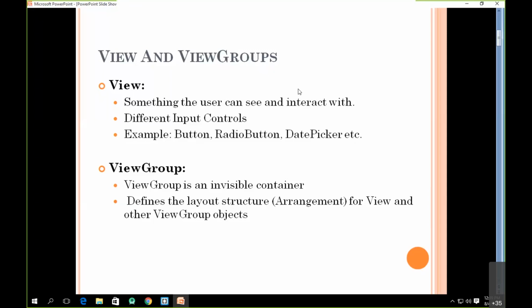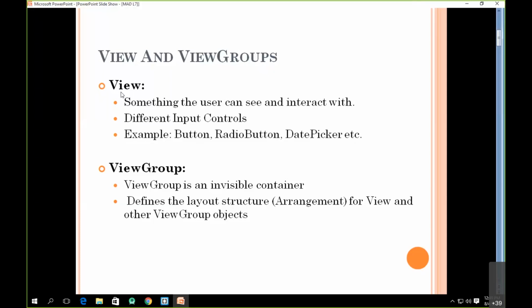In an Android application, the user interface visible to the user is called an activity. The activity is simply a screen or user interface visible to the user. And if we add different input controls on our activity, those are called views in Android terms.